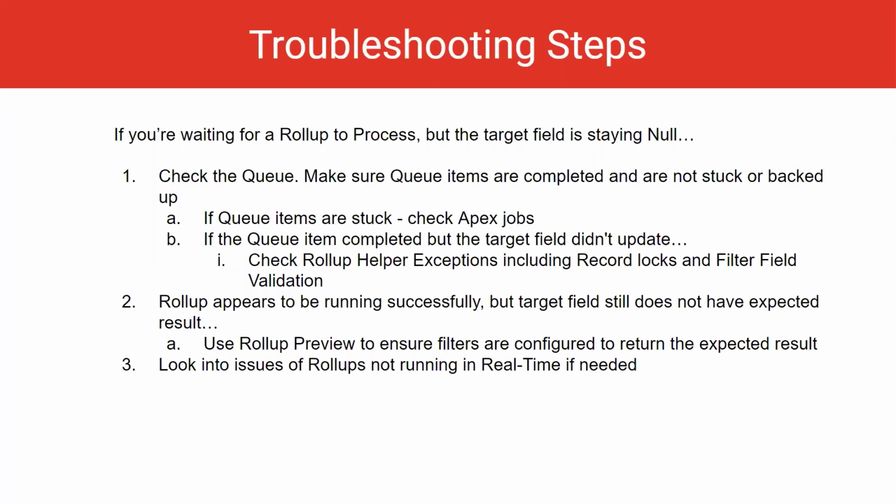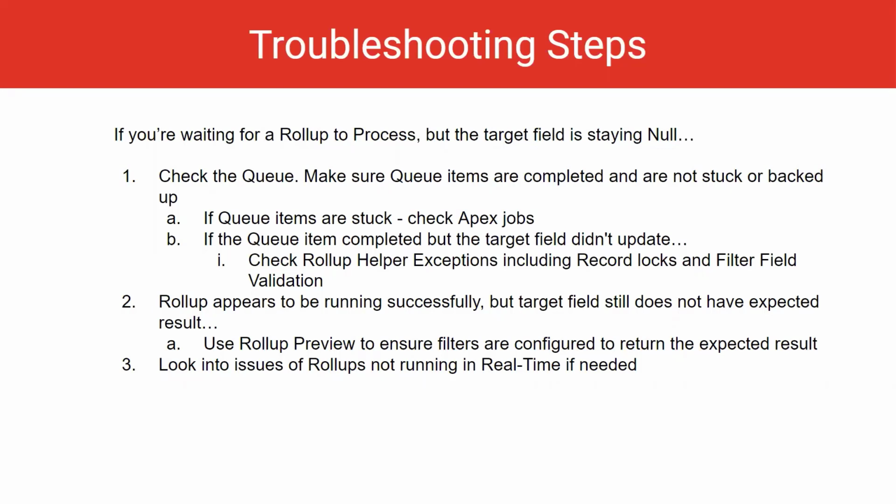issues. If you're waiting for a rollup to process, but the target field is staying null, check the queue. Make sure queue items are completed and are not stuck or backed up. If queue items are stuck, check Apex jobs. If the queue items are completed, but the target field didn't update, check Rollup Helper exceptions, including record locks and